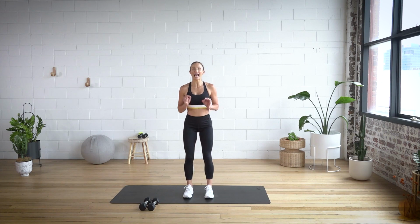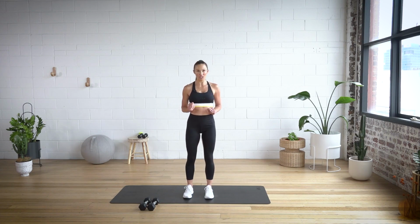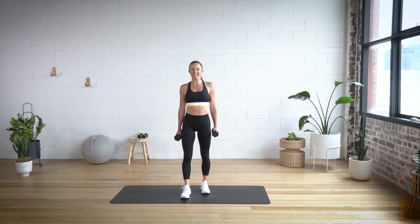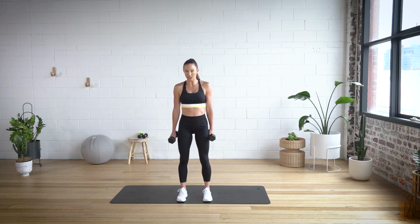Welcome to a lower body AMRAP. That's as many rounds as possible. We have 3 weighted exercises, so grab yourself a pair of dumbbells, and then we've got 3 body weight, nice intense exercises. So we're gonna start towards the front of your space, shoulders back, body up tall, in some big